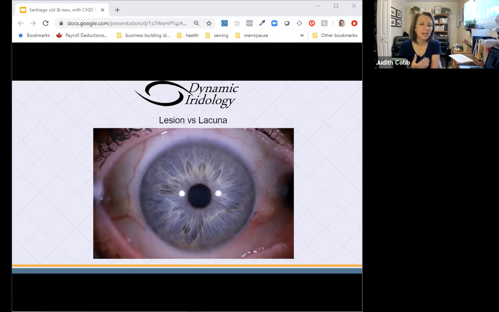The up-to-date understanding of this marking is that the lay of the iris fibers does not change as a result of trauma. I did a full webinar on this about a week ago, and so you can look back through the different webinars I've posted and possibly find it there. Lacuna, on the other hand, simply means an unfilled space or gap. A lacuna brings our attention to a reaction field in the iris, but it does not tell us what is inherently wrong in that area.